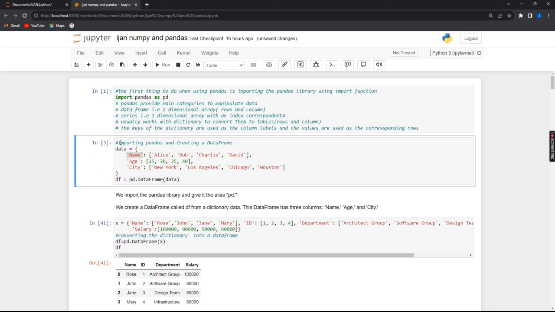So now look at this. This is a dictionary. The name of the dictionary is data, right? Look at it. This is a dictionary. This is not yet a table, right? This is a dictionary. Now, if I run this,